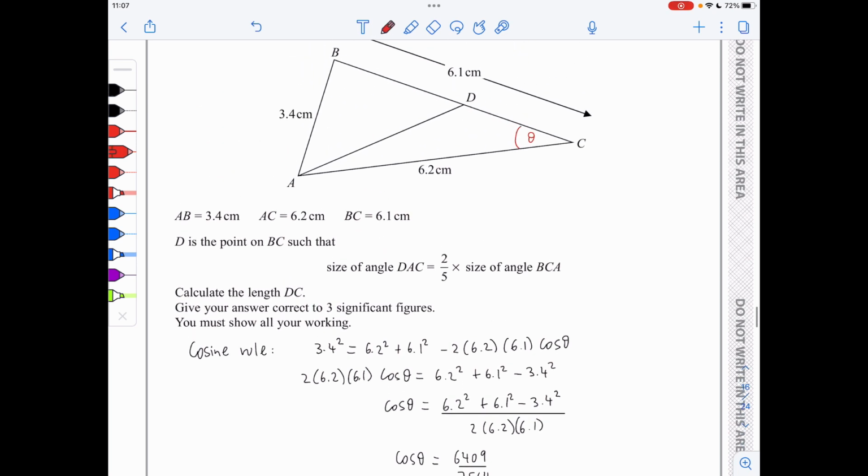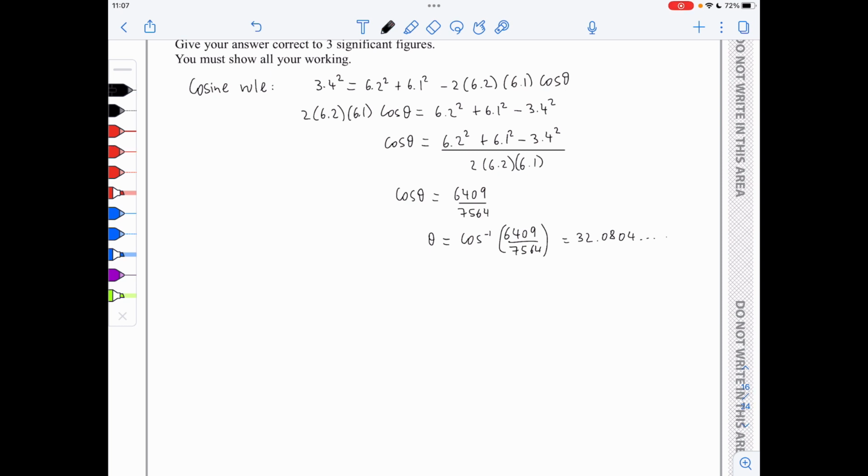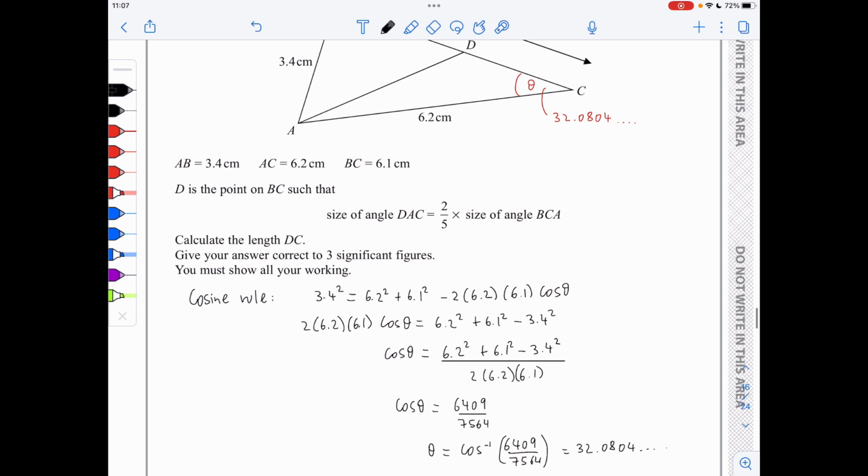It also makes sense to go back to my diagram and update with the value of theta we just found. So 32.0804. And therefore we can now proceed into finding the angle DAC, which we have been told to be 2/5 of theta. So 2/5 of 32.0804 gives an answer of 12.8321... And therefore we can go back to the diagram. The angle here, DAC, is